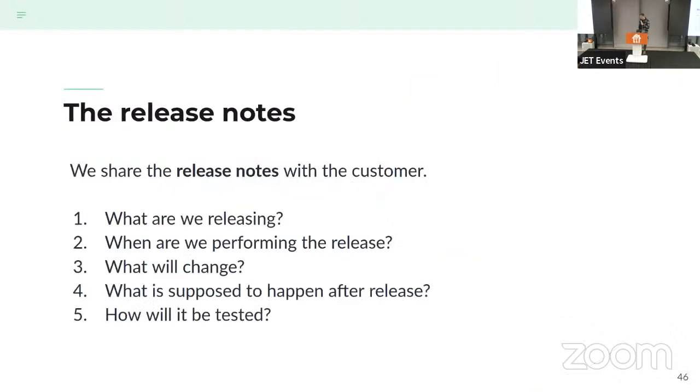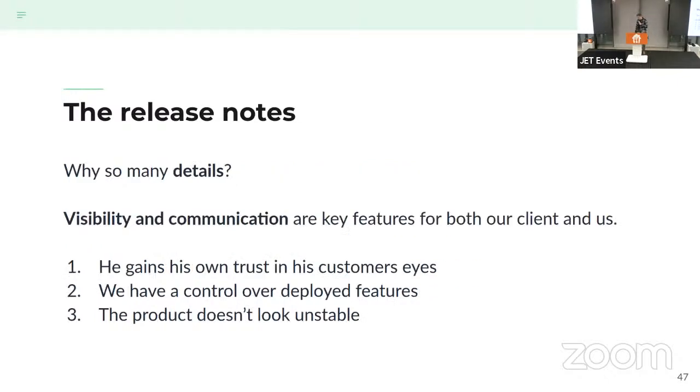In terms of the release notes, we start by creating a plain Google Doc, and we put in information like what we are releasing, when the release is happening, what will change, how we are going to test it, and all of these kinds of details. We do that because visibility and communication are important for us and our customer.